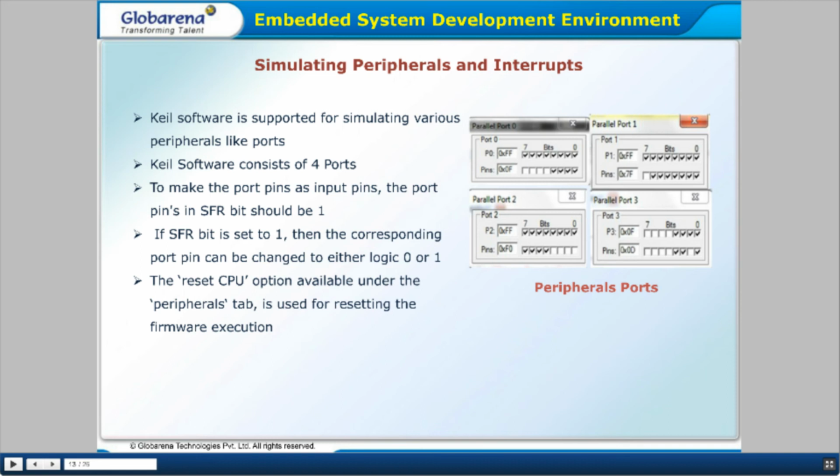And the next topic is simulating peripherals and interrupts. What are the peripherals? Peripheral ports are port 0, port 1, port 2, port 3.